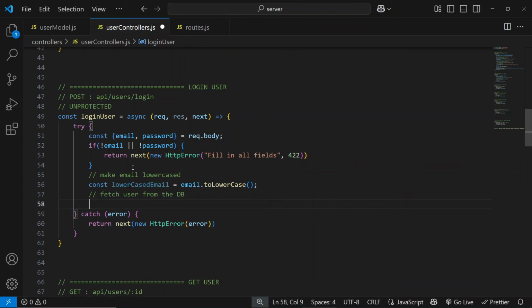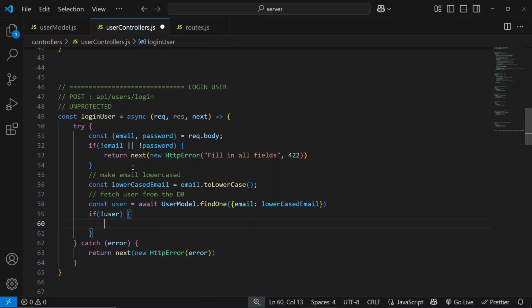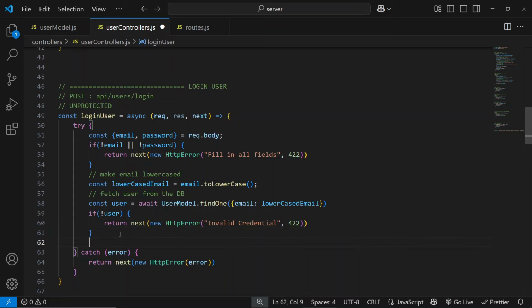from the DB, right? So user should be equal to await user model dot find one, and we are going to find by email. Okay, lowercase the email. Now I want to check if we actually got a user, and if we did not, then we are going to return next new HTTP error and say invalid credentials. Basically the email doesn't exist in our system, and that'll be 422, invalid data passed in, or invalid data